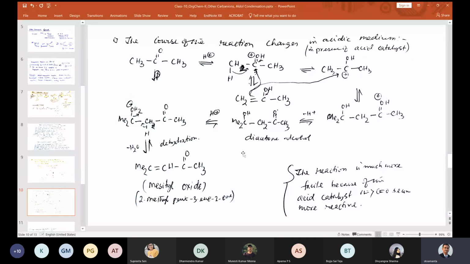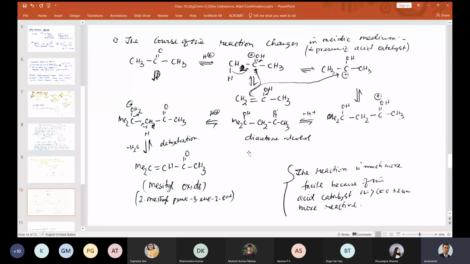So remember these two things: one is base catalyzed, one is acid catalyzed. Toward the end of this aldol condensation reaction, there are a few more variations of these reactions that we will discuss in the next class. At the end, we will solve many problems, and those problems will give you a very nice idea where you would want to use acid catalyzed and where you want to use base promoted. For ketones, generally, if we use acid catalyzed conditions, we can get this product in high yield.